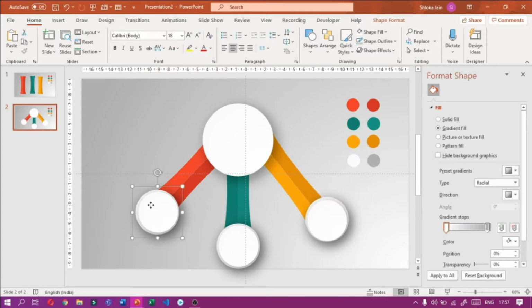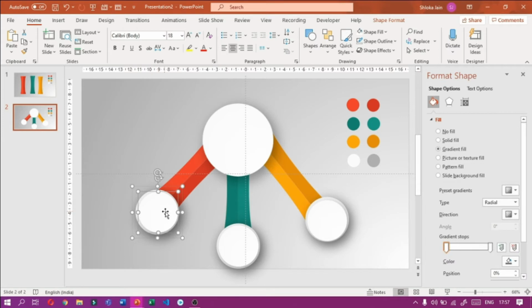Now what I have to do is select this circle, then again click here. So I will select this inner circle, and then I have to change its color. As I have red color here, first select this one and go to eyedropper tool and select the red color, and then we have to drag the red color above. Delete this one. And I have a nice gradient of red.